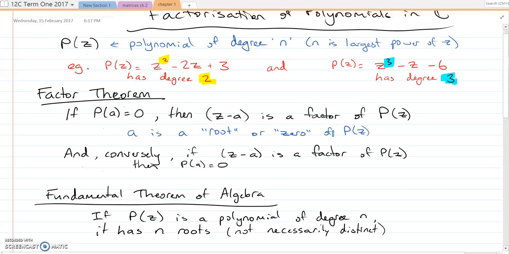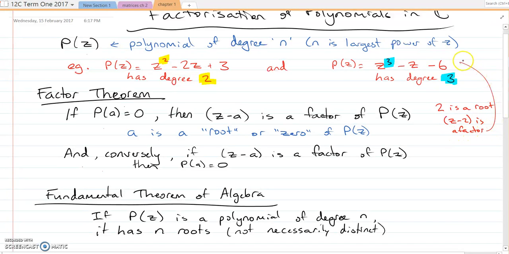Okay, for example, in this one just here, if you substituted for z the number 2, you would get 2 cubed is 8, minus 2 minus 6 is 0. So that means that 2 is a root or 0, and z minus 2 is a factor